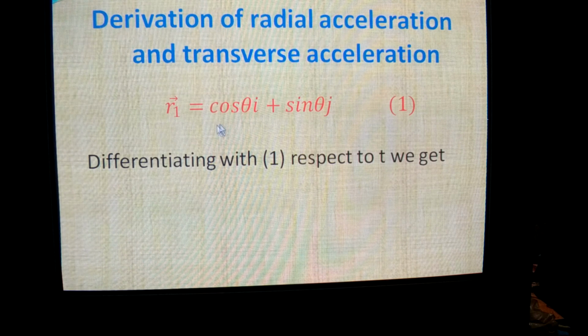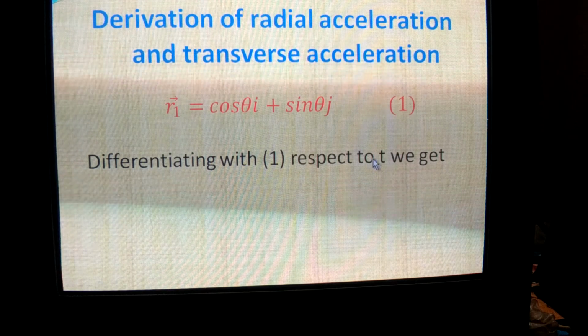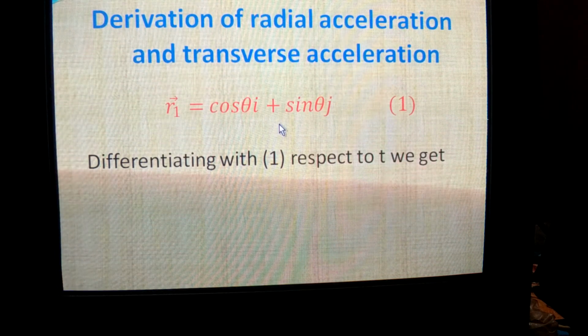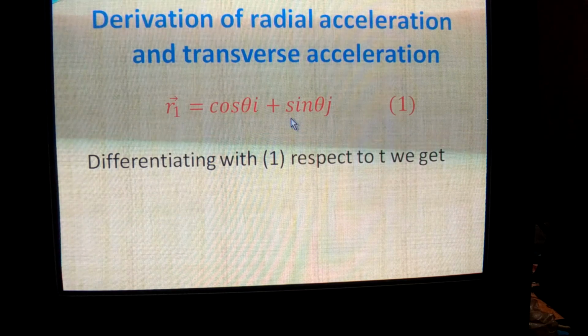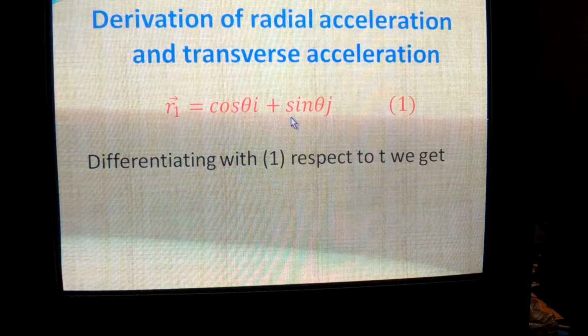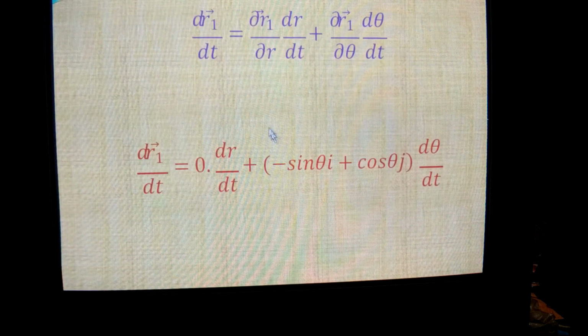Now to get those quantities, we have r1 bar equal to cos theta i plus sin theta j. Now differentiating this equation 1 with respect to t. See here, this is a function of both r and theta. r1 bar is a function of both r and theta. Therefore we apply the total derivative formula, which you have studied in your second year BSc second sem. So to differentiate, dr1 bar by dt is equal to